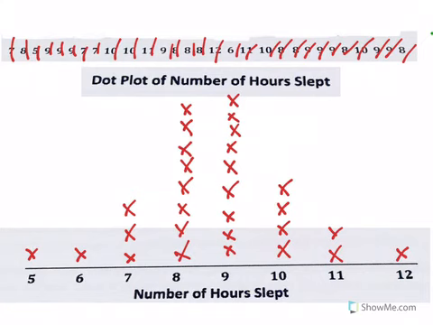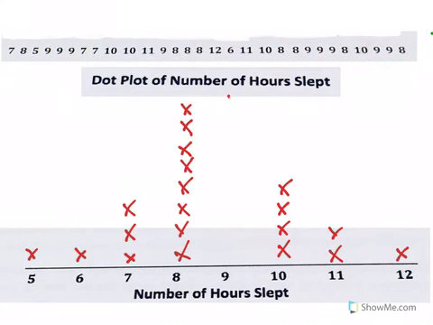Okay, we could also ask another statistical question. We could say, how many hours of sleep does a student get on a non-school night when they don't have school the next day? And then we could compare those to this dot plot and see some of the similarities and differences. But I don't want to do that right now. What I actually want to do is use the same set of data. I'm going to erase all this, and I want to show you how to create